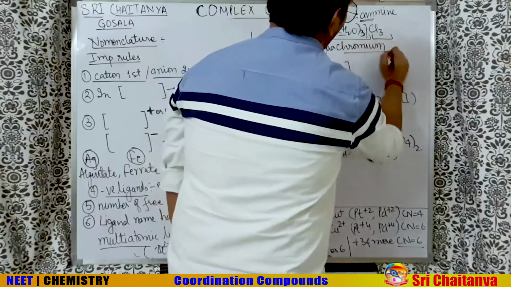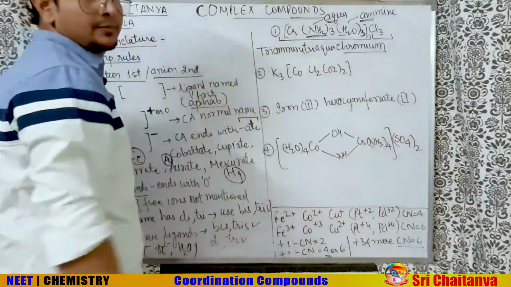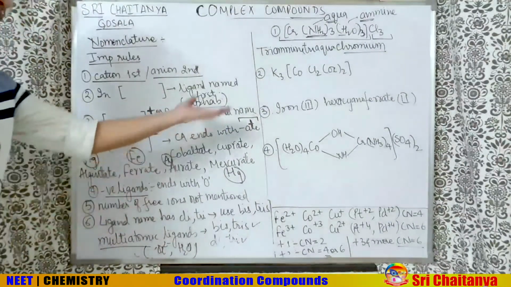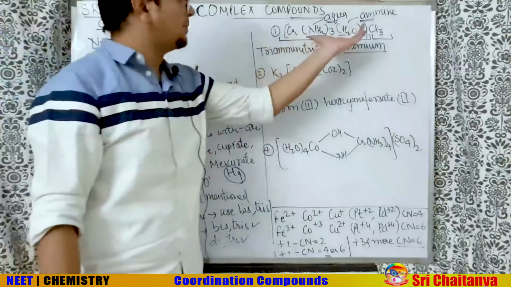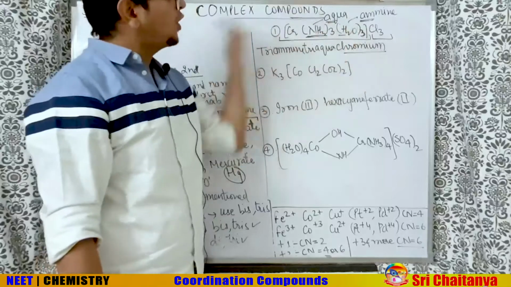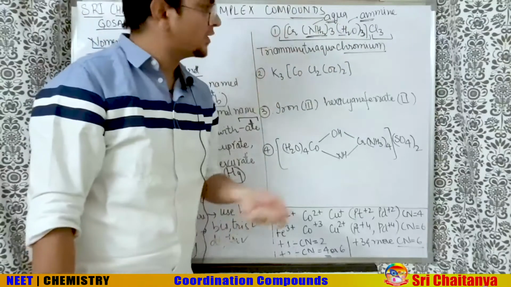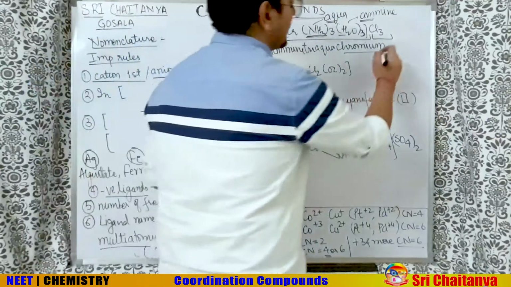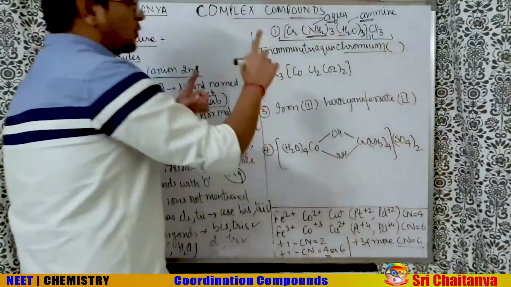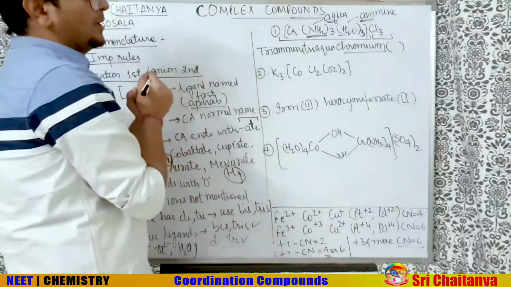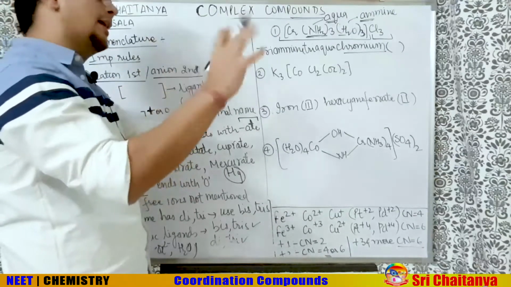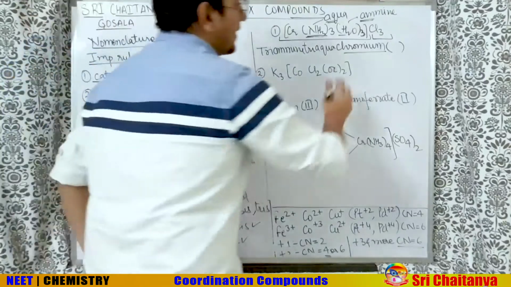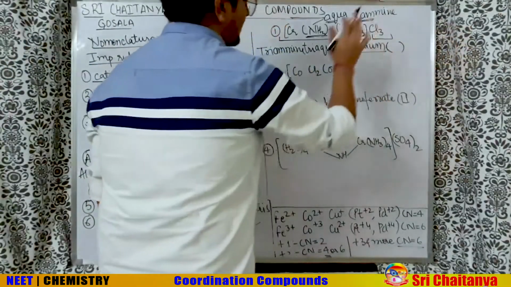Triamine, triaqua, chromium. Now should I write chromium or chromate? Simple. If the box has positive or zero charge, the normal name is written. So here the box comes first, and it has a positive charge. So the name will be normal, chromium. One more important rule is there. Inside the bracket, you have to mention the oxidation state of chromium also, which I will find at the last and write it. Then finally, outside the box, now comes the chance.